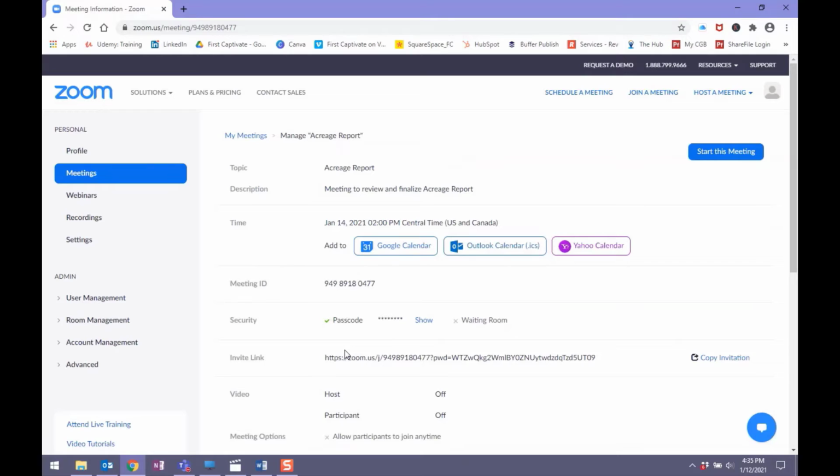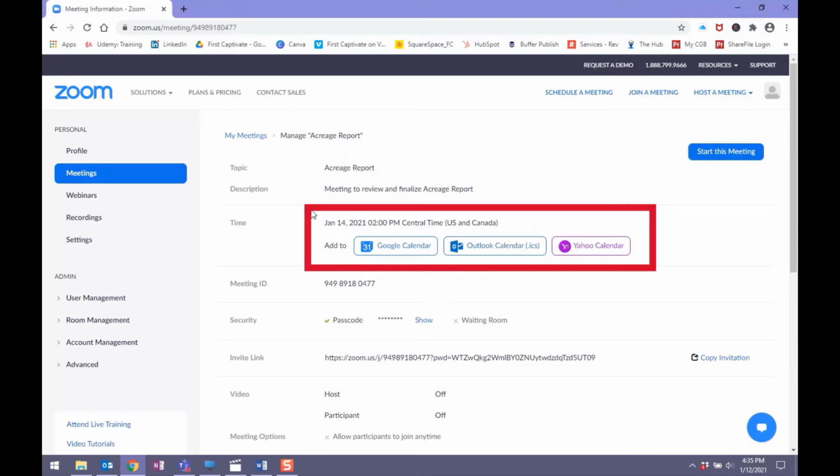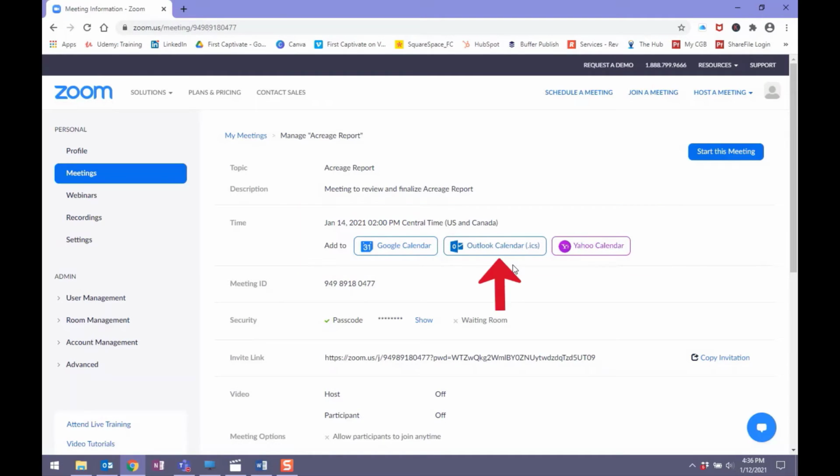So you've created a meeting, but you haven't actually invited anybody yet. And there's 2 ways that you can invite people to a Zoom meeting. The first way that you can do that is to send them a calendar invite. Down here below, you'll see invites or buttons for Google Calendar, Outlook Calendar, or Yahoo Calendar. You can select whichever that you use. I personally use Outlook, so that's what I'll demonstrate today, but it works generally the same for the other 2 as well. You click on the button,